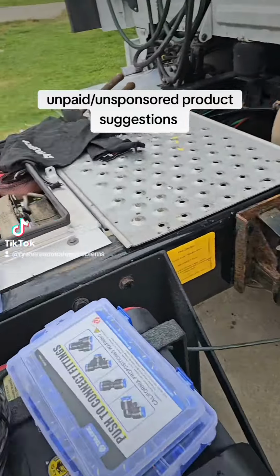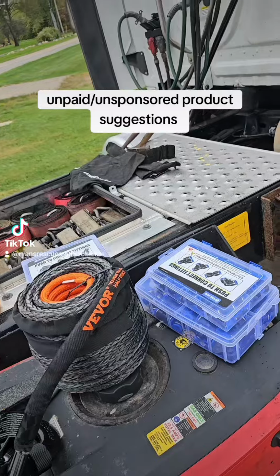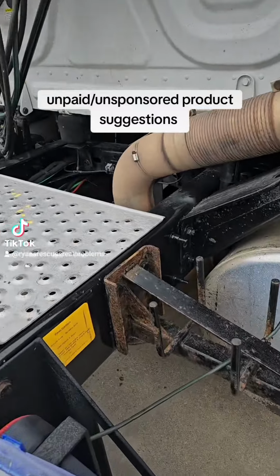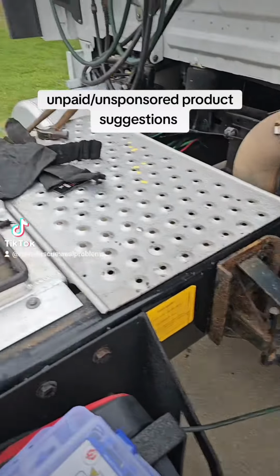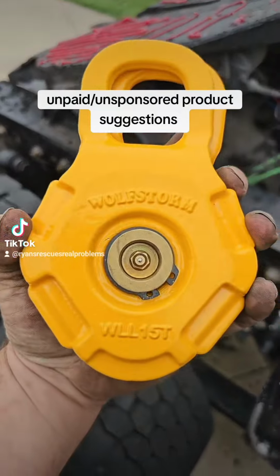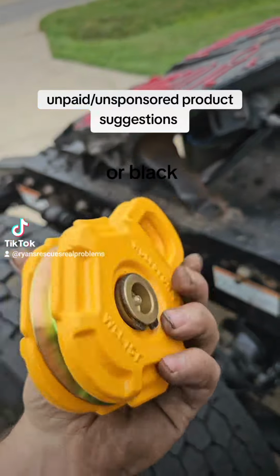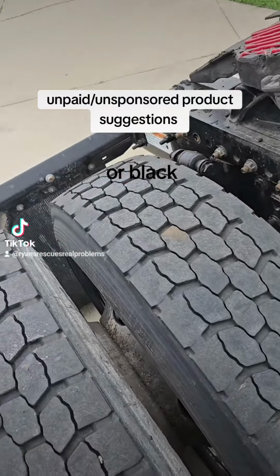But the first thing is, last trip I made, I got the truck stuck, and if I'd have had a snatch block, I probably would have been able to get out of that using the trailer winch. So I found this online. It's from a company out of California called Wolf Storm, and it says 15 tons, but the link for it